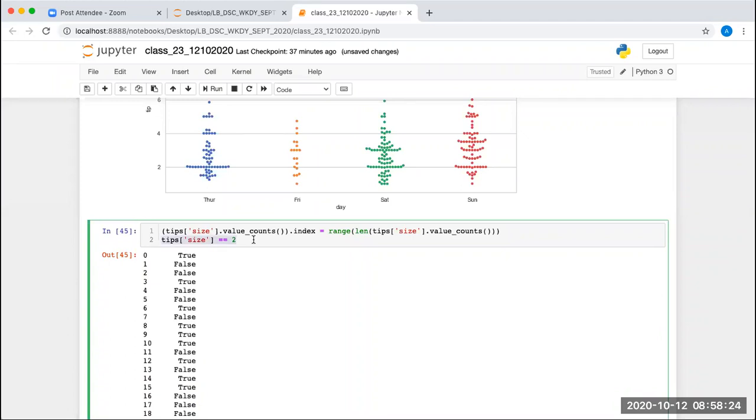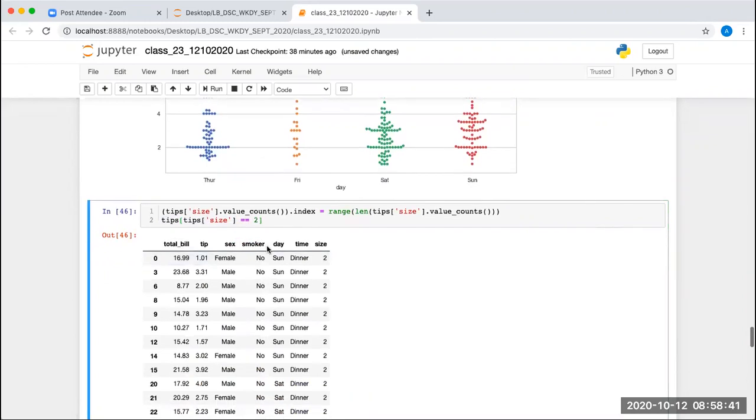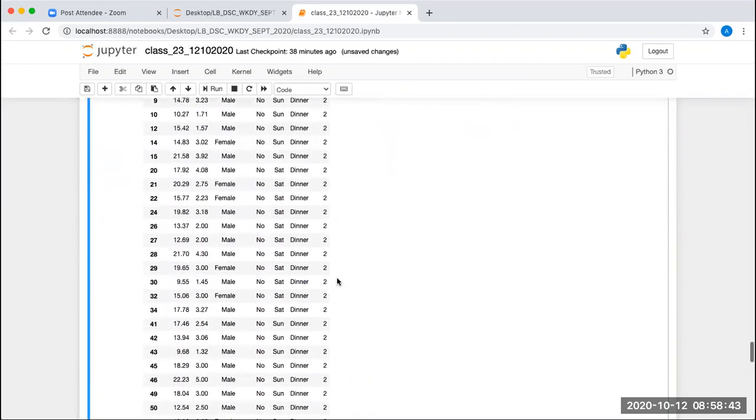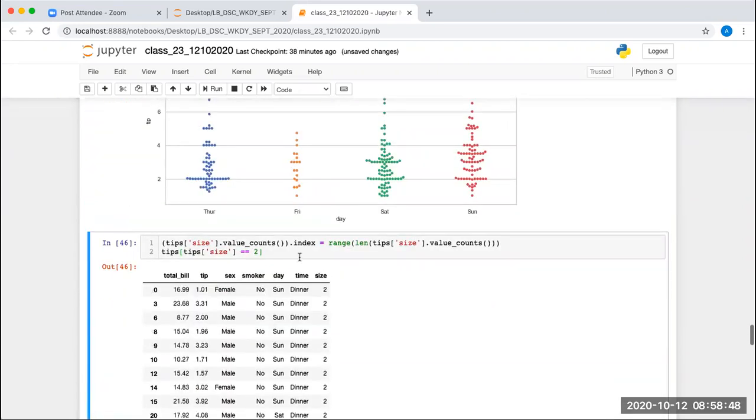Correct. Now I want to find the summation. Can't we add the size based on days? This we have got. Now I will access size dot.